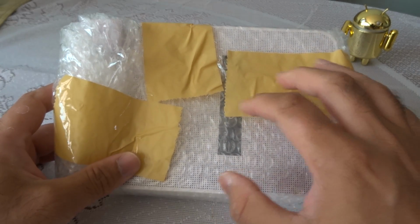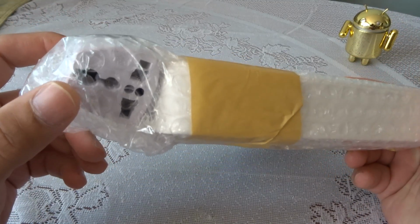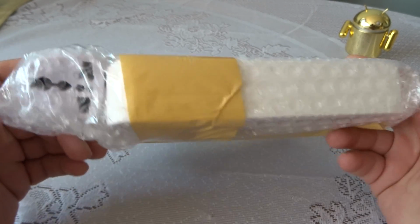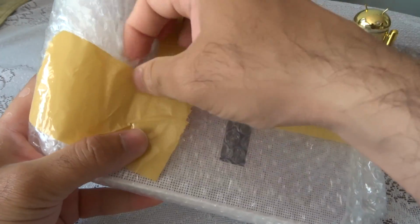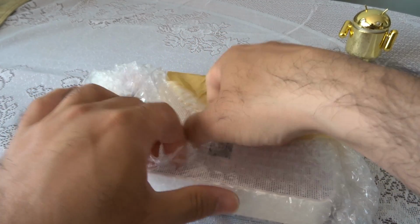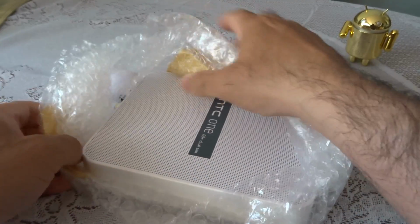Now the reason I'm showing you this phone wrapped up in all this packaging is because it's come from the Far East, Hong Kong, like I said, and that's why they have sent me an adapter, a 3-pin adapter converter, so that I can charge my phone using the 3 UK pin sockets in the UK. And that's why it's all wrapped up in bubble wrap. So I'm going to open this in front of you guys and have a look and see what adapter they sent me. I actually got this from mobicity.co.uk. They are selling it in the UK, but obviously their warehouse is based in Hong Kong for this handset, so it came all the way from there, and it took about a week